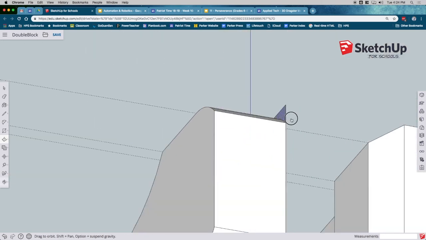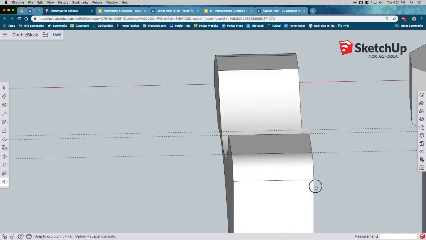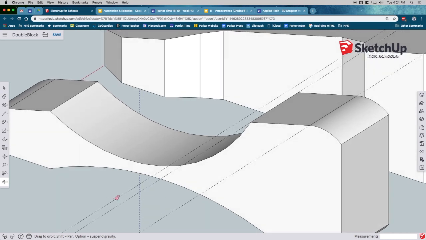Why is it not taking that out of there? Just sometimes stuff glitches. Now let me take it. That was weird. Okay,